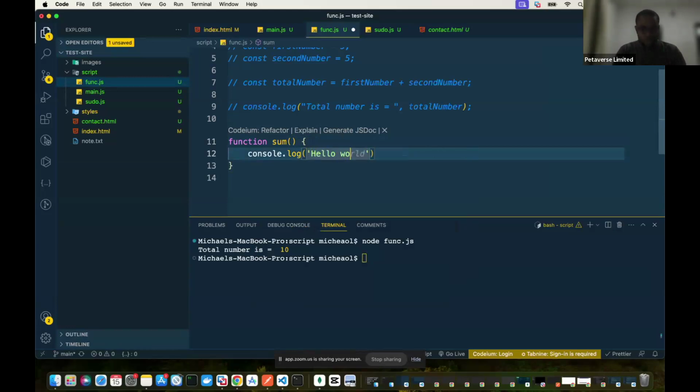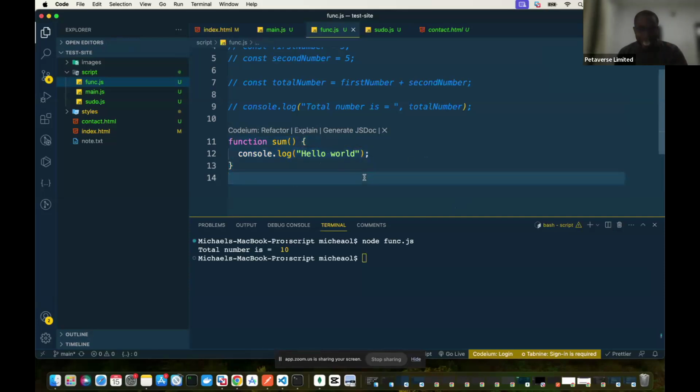Hello world, right? Now, if I save this file, this is called function declaration, right? Function declaration. And the next thing I need to do for your function to actually output whatever you put inside your